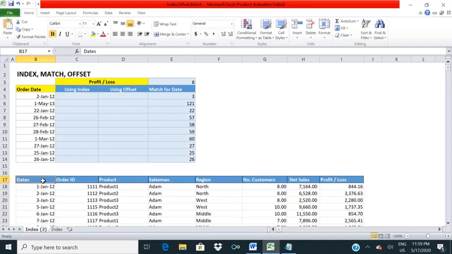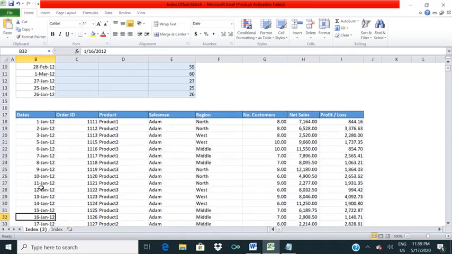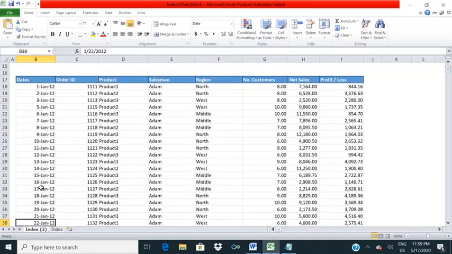That is quite obvious, right? We are in the January month and it will be at the 22nd row. Here you see it is at the 22nd row. So 1, 2, 3, 4, 5, 6, 7, 8, 9, 10, 11, 12, 13, 14, 15, 16, 17, 18, 19, 20, 21, 22. So that's it.